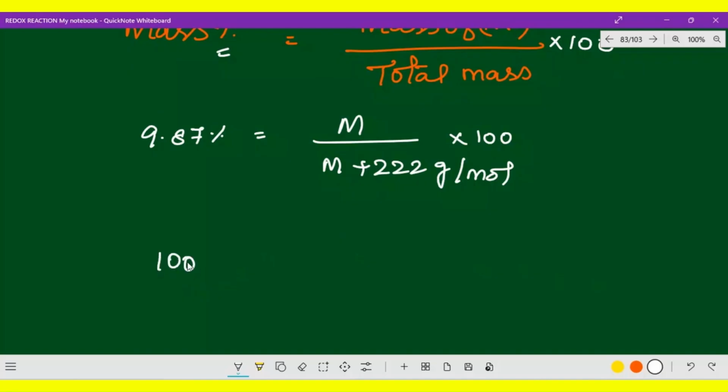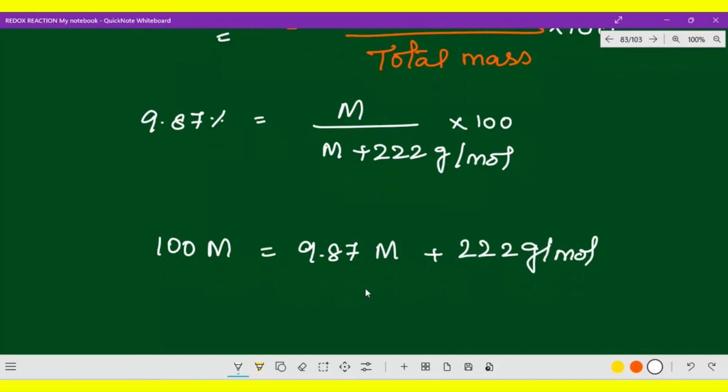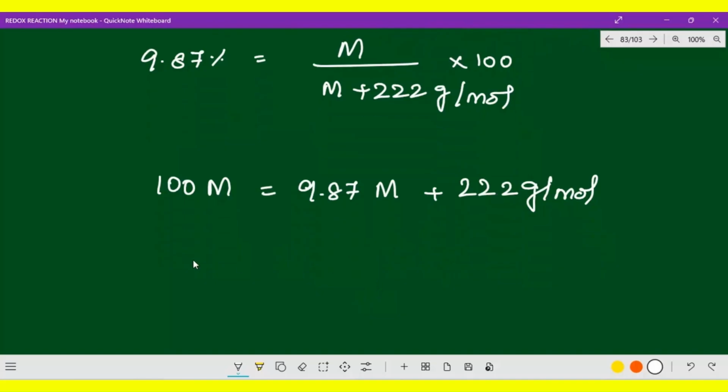So 100 into M, 100 M, equals 9.87 M plus 222 gram per mole into 9.87. You got it, no? So now let us identify. 100 M equals 9.87 M plus